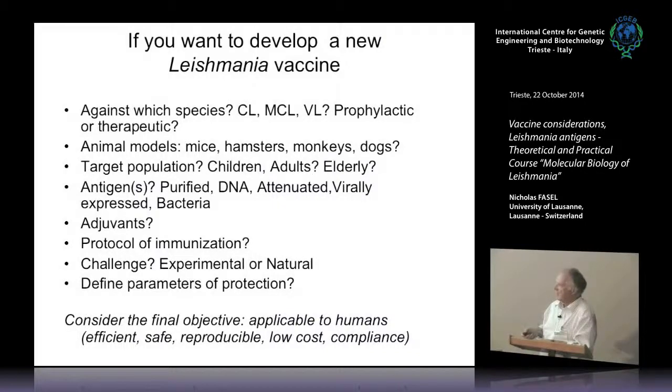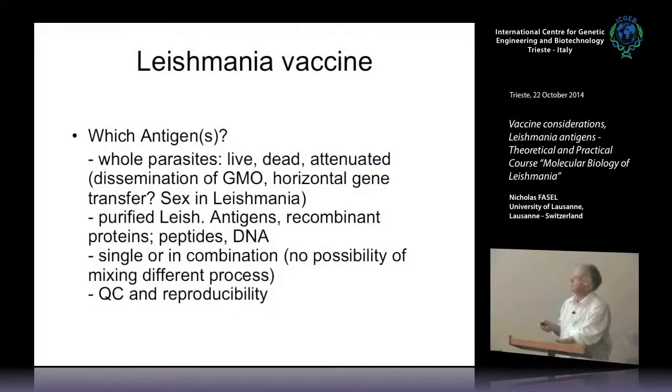So what you have to do clearly is to say, okay, I want to go to humans. What are the conditions to go to humans? You define the conditions. And starting, you go backwards. So, okay, I want to develop a vaccine for humans, so I better be careful with my SOPs, with the production, and so on. So if we take, for example, the antigens,